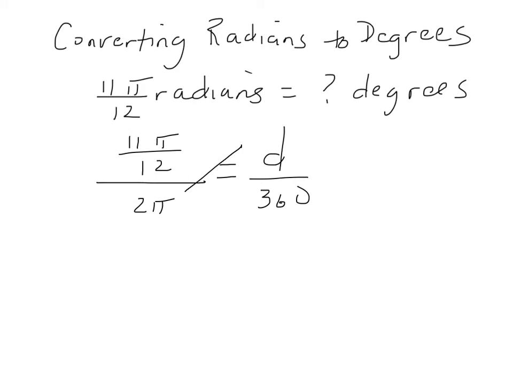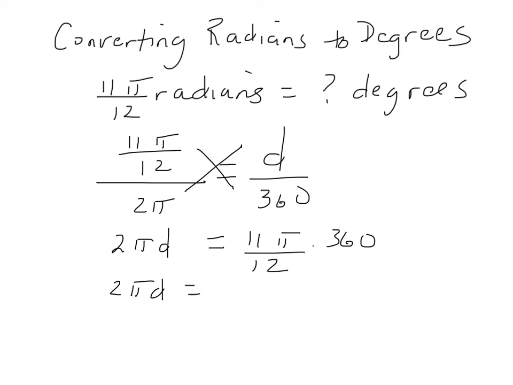Then I'm going to cross multiply, so I'd have 2 pi times d equals, and then I'm going to multiply the other way. I've got 11 pi over 12 times 360. So before I divide, I'm going to simplify the right side. I know that 360 divided by 12 would be 30, and I know 30 times 11 would be 330 with a pi. And now I'm going to go back and divide both sides by 2